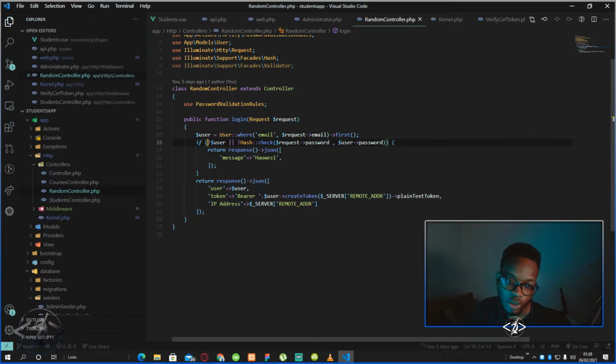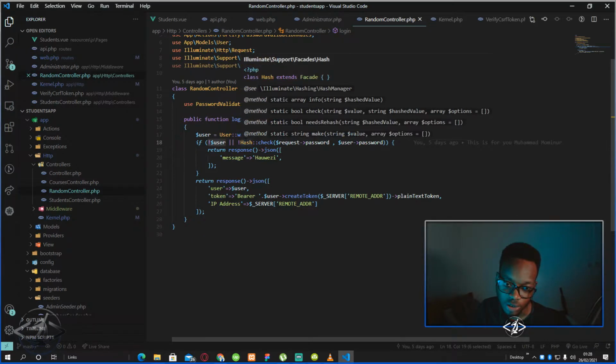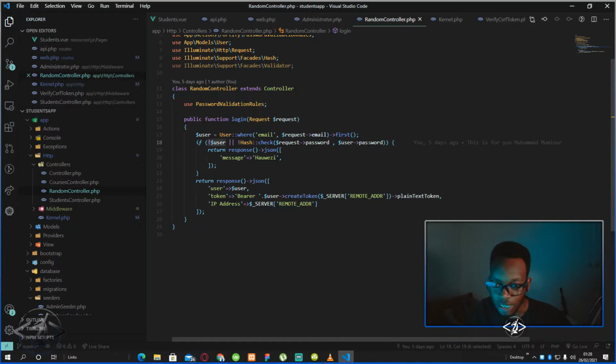If I don't get a user, or if the passwords don't match, or both, then I have to return the JSON response. The message is "hawezi", which is Swahili for "you can't". If this doesn't go through, it will come straight down here, which will return a response of user and token, where the token is the bearer token.